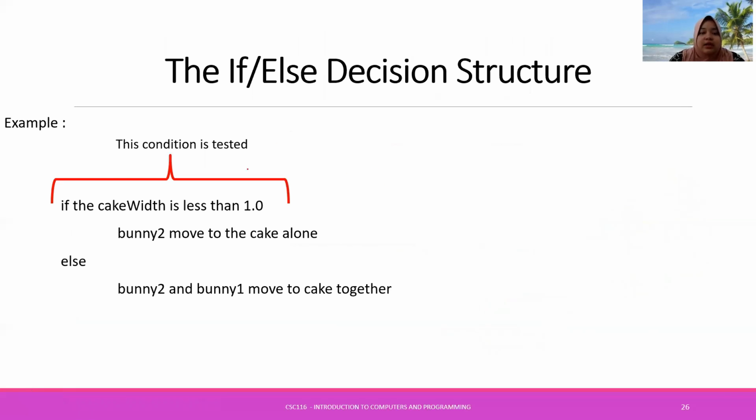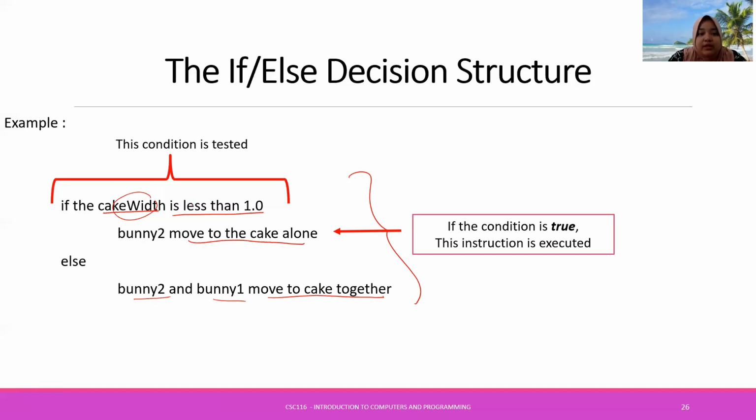Okay, so example in here, this condition is tested if the cake width is less than 1.0, bunny to move to the cake alone. Okay, maksudnya kalau cake width dia ni lebih kecil daripada 1.0, bunny tu yang akan pergi ke cake tu. Tapi kalau cake width ni lebih besar daripada 1.0, bunny 2 and bunny 1 move to cake together. So ini adalah textual storyboard ayat. Jadi 116 ni dia penuh dengan ayat. Okay, so